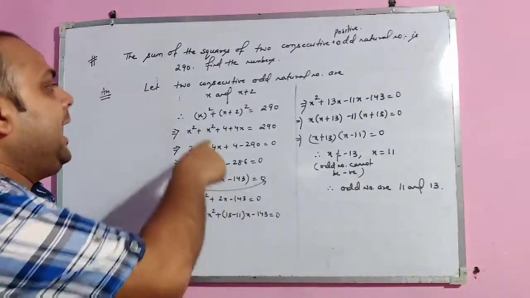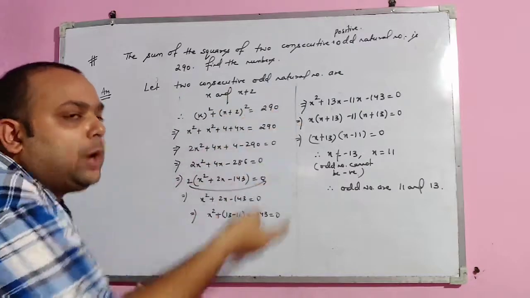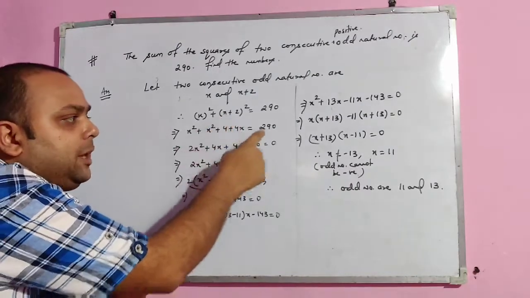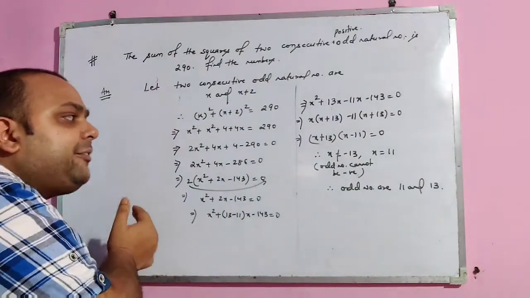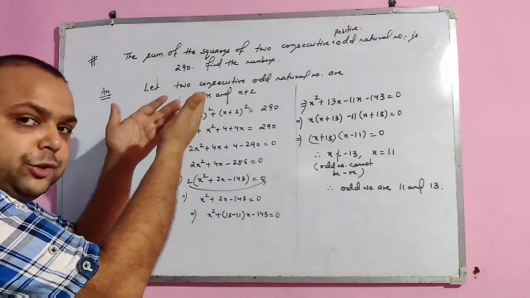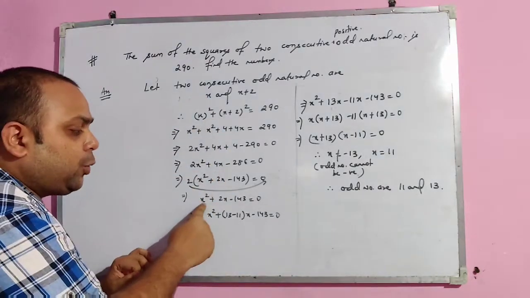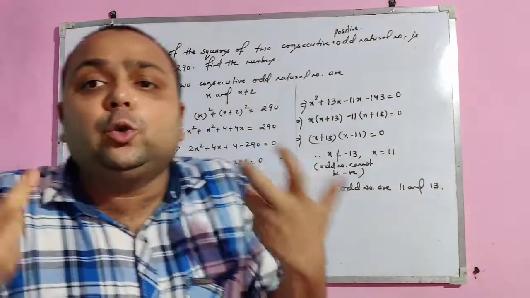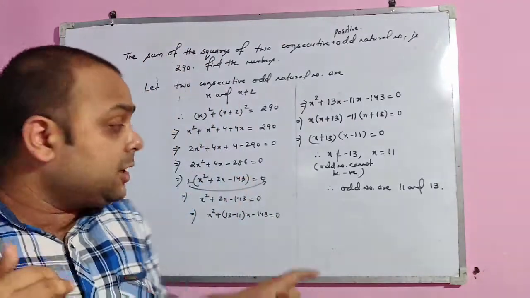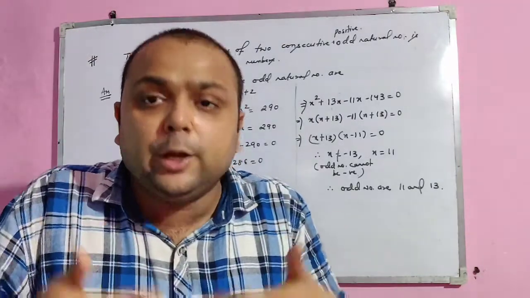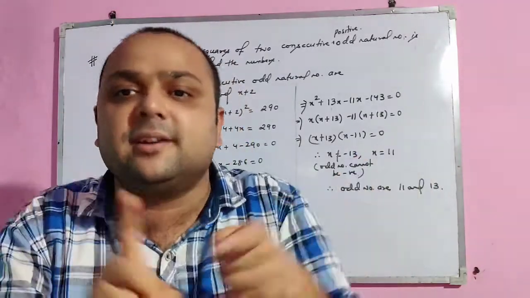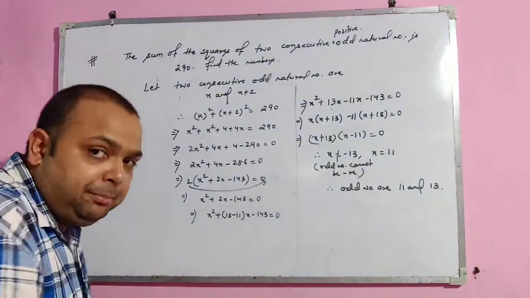Now the squares: x square plus x plus 2 whole square equal to 290. Opening the formula, this is x square, this is a square plus b square plus 2ab, equal to 290. Taking all the values to the left side and solving it, equating it to 0, we get the equation. You can proceed as in the previous question, we get the equation x square plus 2x minus 143. Now you need to think about two numbers whose product is 143 and the difference, because we have a negative sign, is 2. You can do that by using prime factorization and making the pairs. So the numbers are 13 and 11.